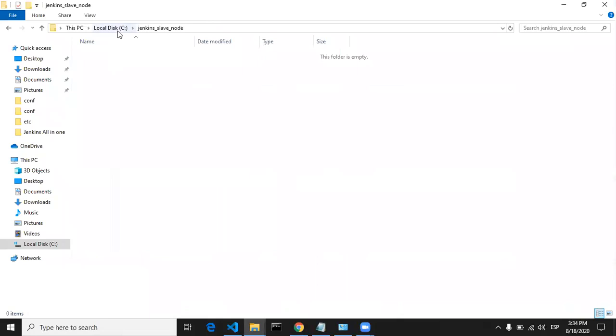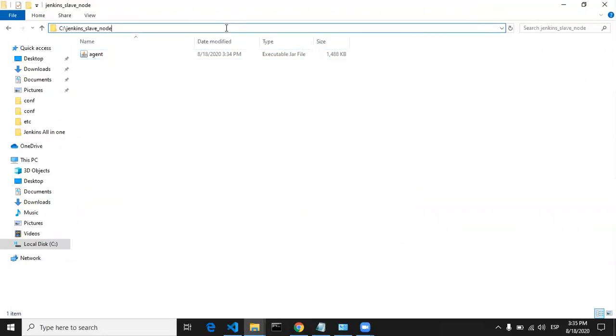Remember, we have created a remote root directory in the Jenkins slave node, so you have to paste it there. As in the command, you can see there is an agent.jar, so just remove some other fields here and keep it as agent.jar. Now in this remote root directory, you have to open the command prompt, that is cmd.